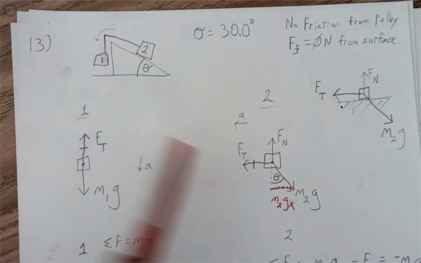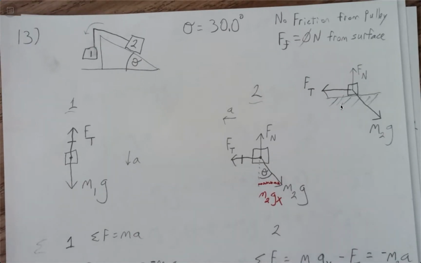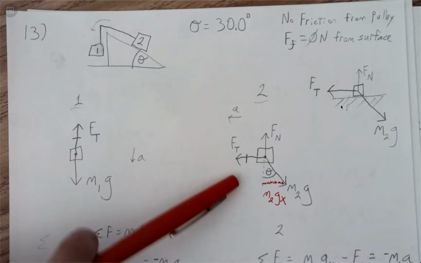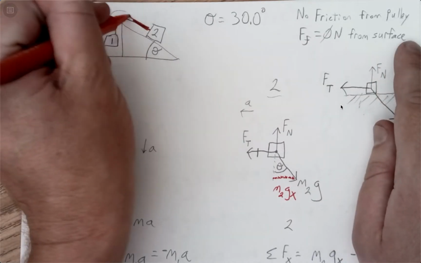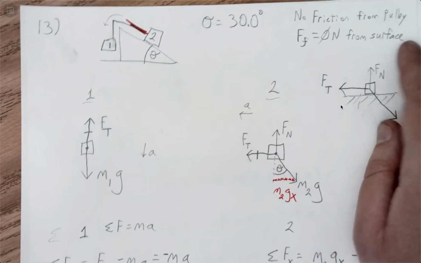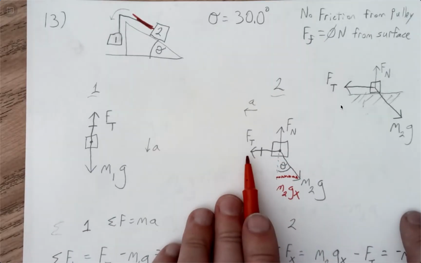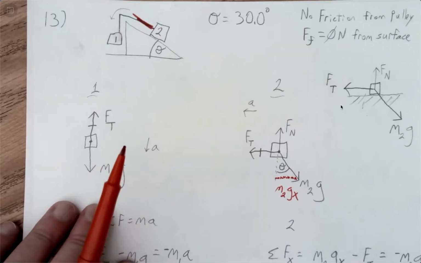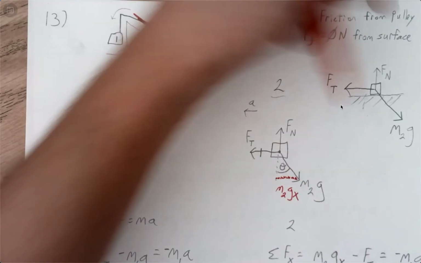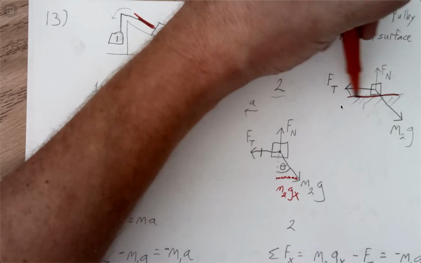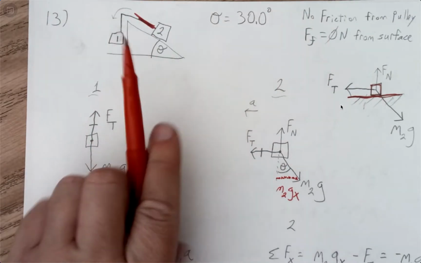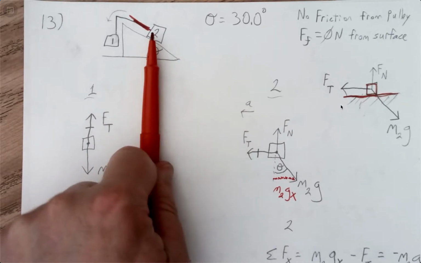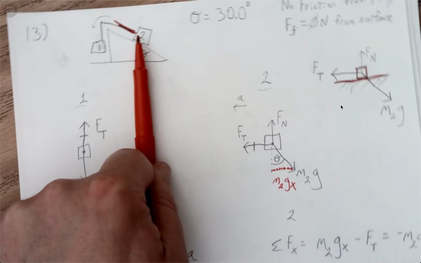For this second mass, I'm taking the tension, which is going up at this angle, and I want to make it lie along my x-axis. So what I do is sometimes I draw over on the side my surface, and I draw the block on the surface, and I know I have gravity coming straight down for object 2. What I'm going to do is I try to rotate it,